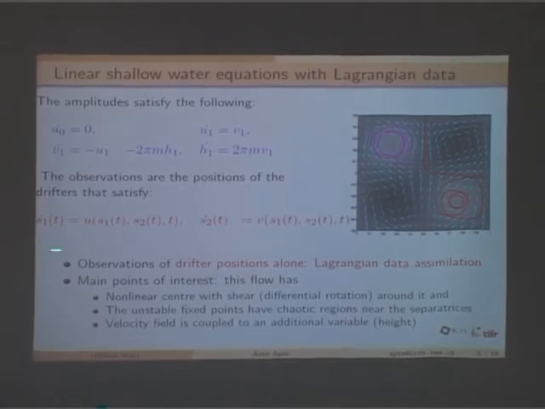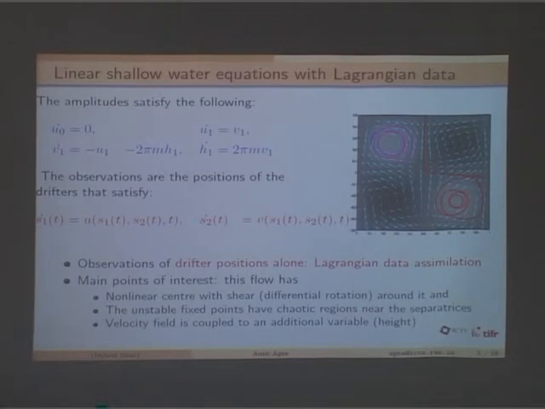So again, exactly the same problem. The drifter positions are observed, which is S1 and S2. Sorry, I switched to S1 and S2 because X is the state vector and Y is the observation, so that's why I switched to S1 and S2 for positions of the drifters. And so we are observing the positions of the drifters and we want to get information about the flow, the full flow, which is basically in this case, these 4 variables as well.